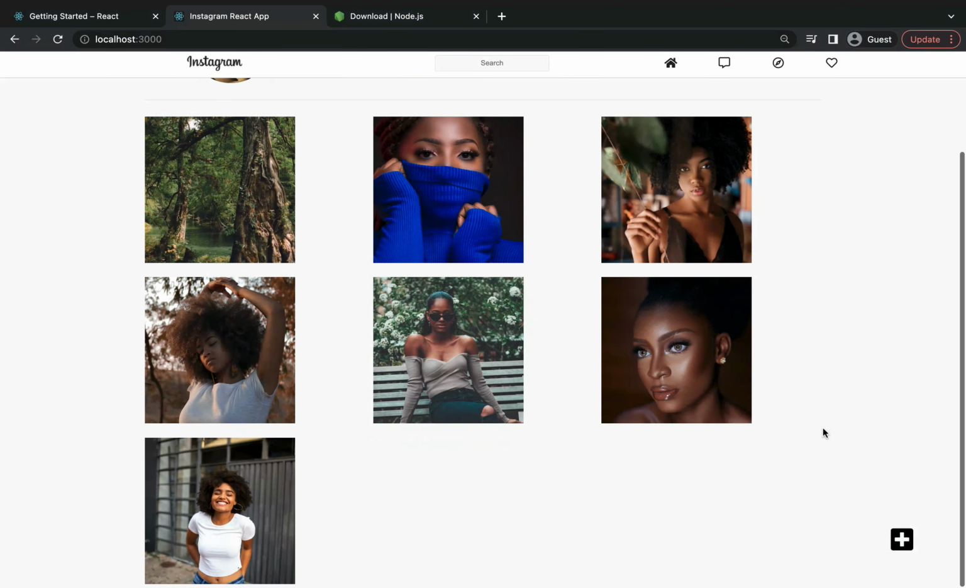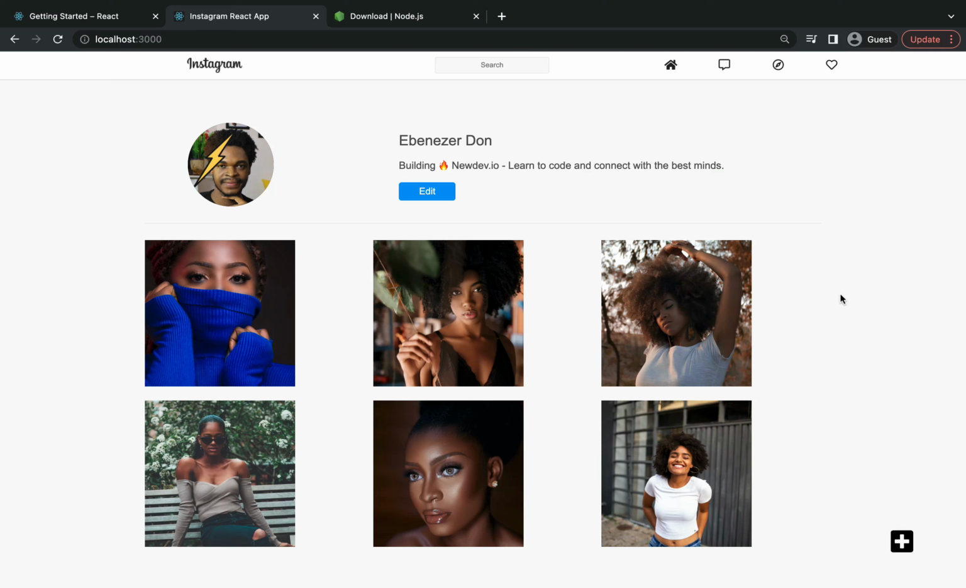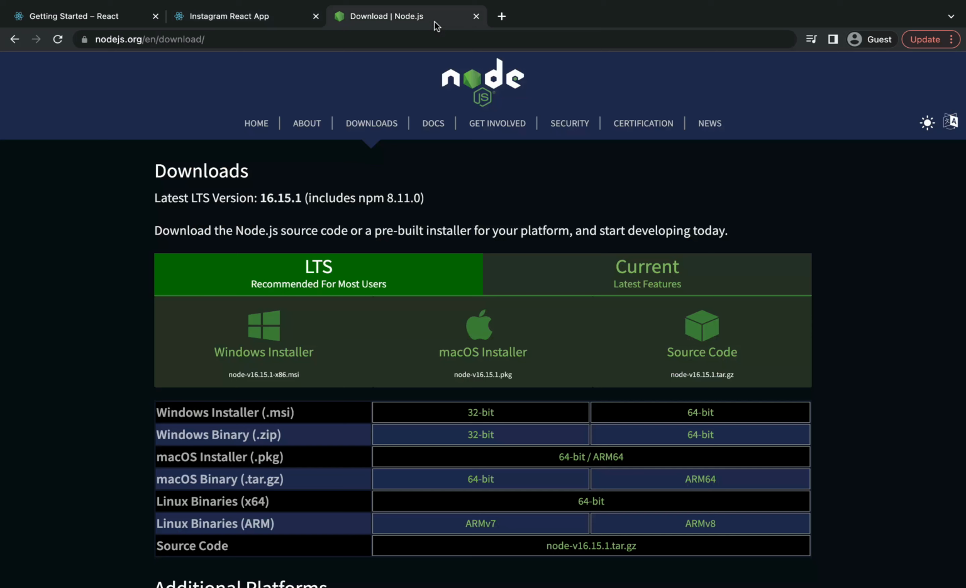To get started, you need Node.js installed on your computer. Unlike our regular HTML and CSS apps, our React application needs to run on a server, and we're going to use Node.js to achieve that. If you don't have Node.js installed, you can come over to the nodejs.org website and hit the download button